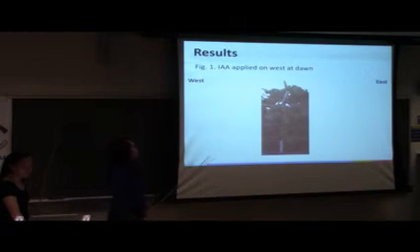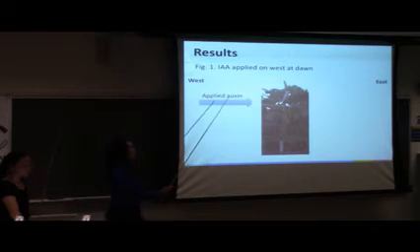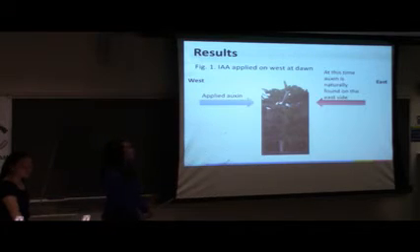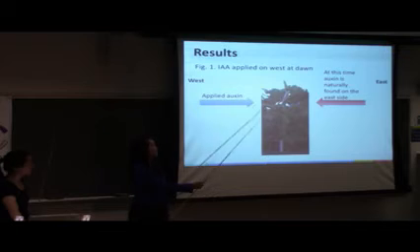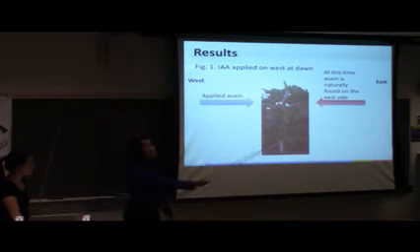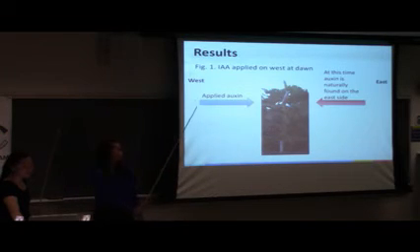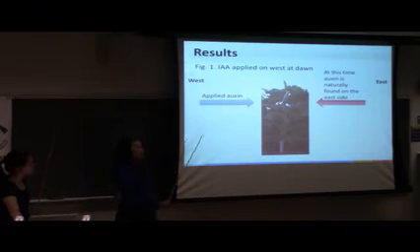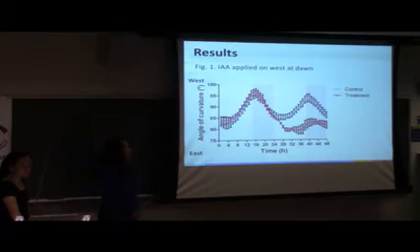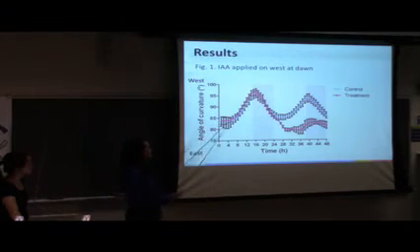So the first experiment that we conducted was applying IAA on the west side at dawn. Auxin is naturally found on the east side so that it can help push the plant towards the west throughout the day. So we predicted that the applied auxin would inhibit that westward movement throughout the day. The first 24 hours were used as a control.